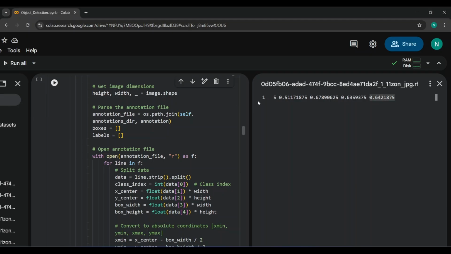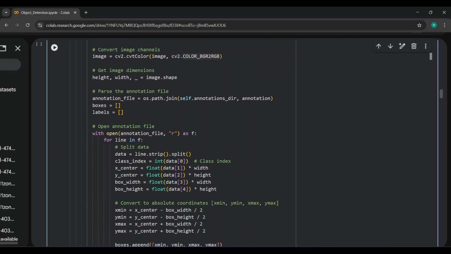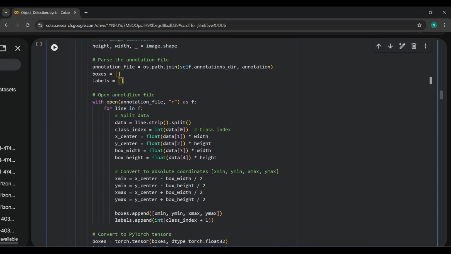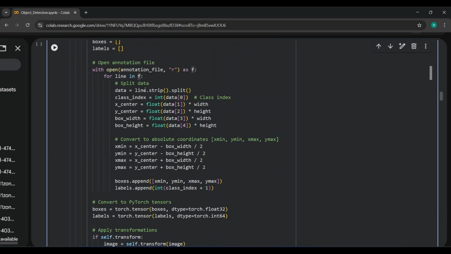So for that purpose, we first read this annotation file. First we create the boxes and labels lists, as empty lists. Then we open the annotation file in read mode, and everything will be stored in f. And we have to read line by line, so we loop over each line in f. line.strip().split() gives me the list of all the digits present in